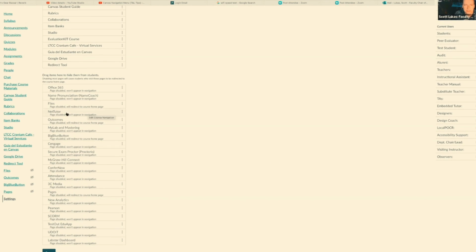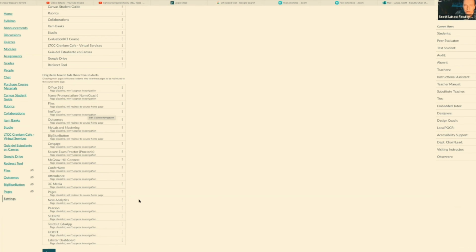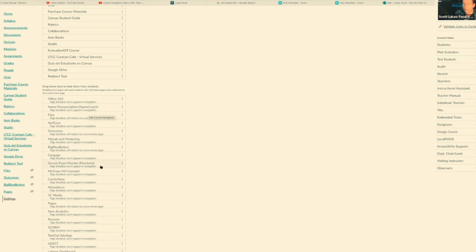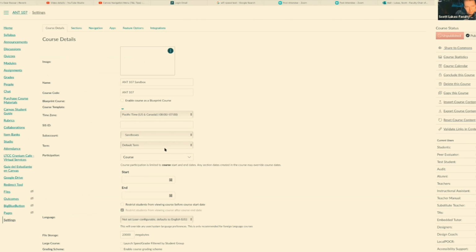And indeed, we see that NetTutor is down here. So all I have to do again is just drag any of these down to here that I don't want. If I want these to reappear in my navigation menu here, all I do is drag them above, and I have to hit save again. And now we should see attendance appearing. And I think it does it.